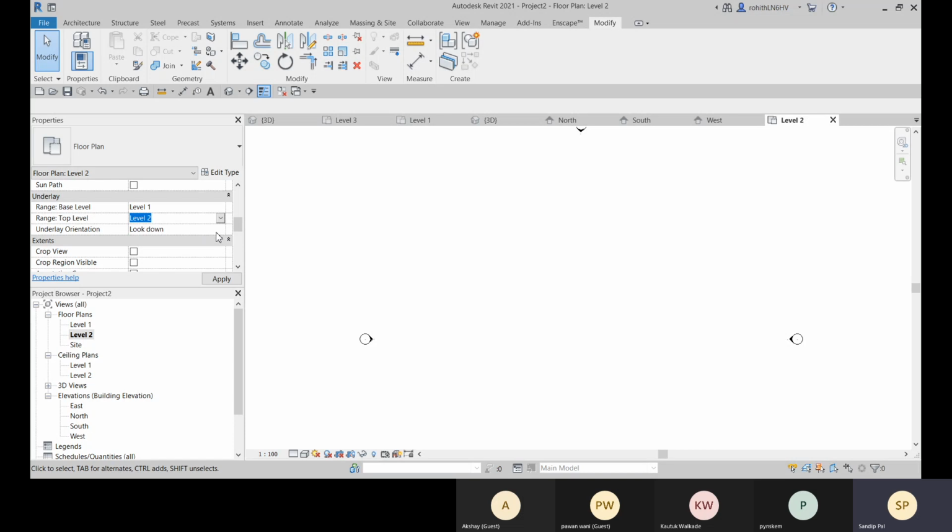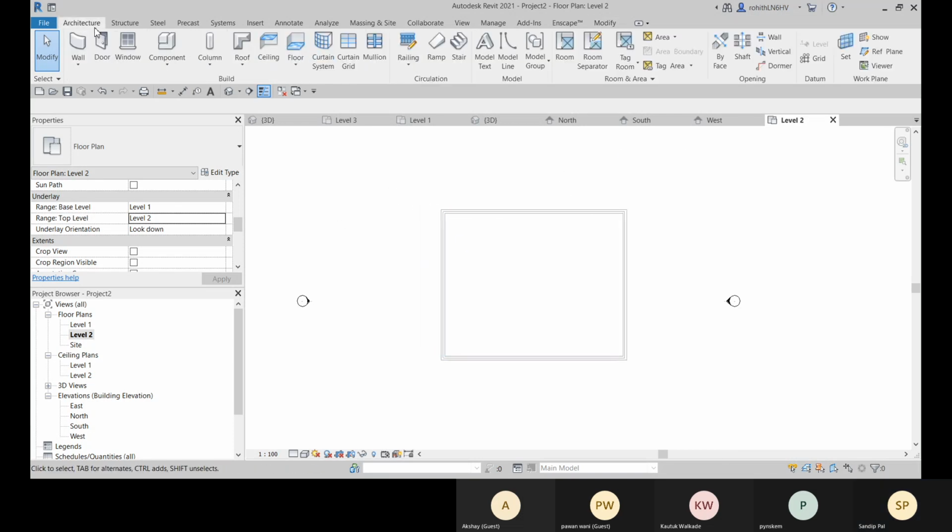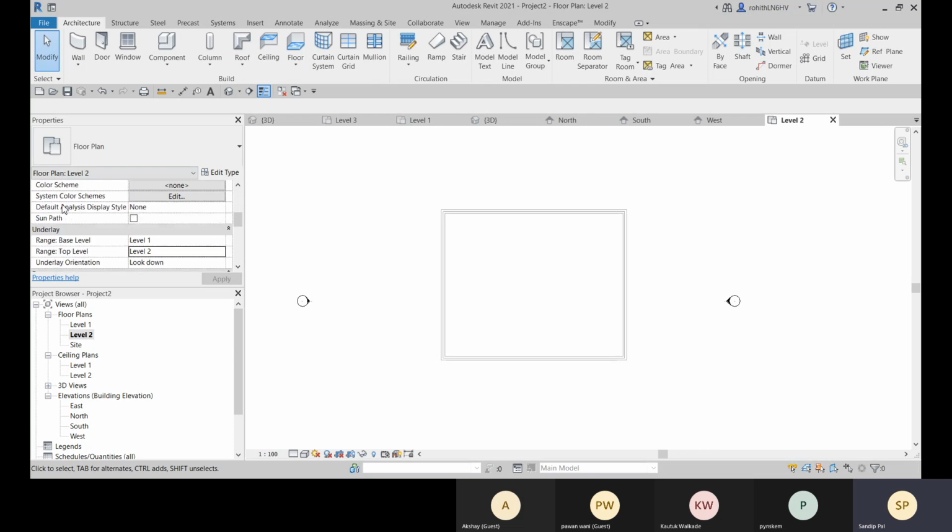You are looking down because we are currently at level 2. So from level 2 you will be looking down. Okay, and you are seeing these walls and the floor which are present at level 1. I'll come to that view range option later.